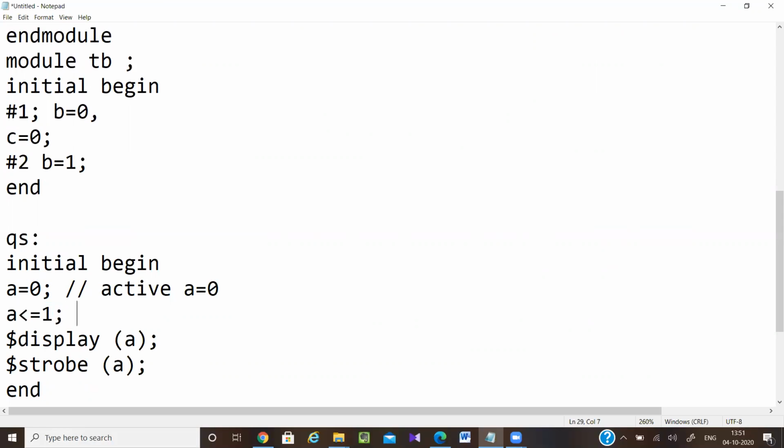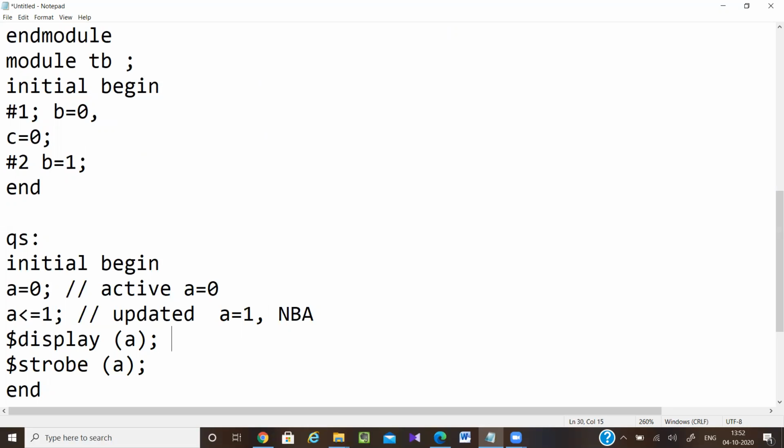Now for A equal to 1, the RHS is evaluated in the active region and the LHS value is updated in the NBA region. So the updated value A equal to 1 will happen in the NBA region.